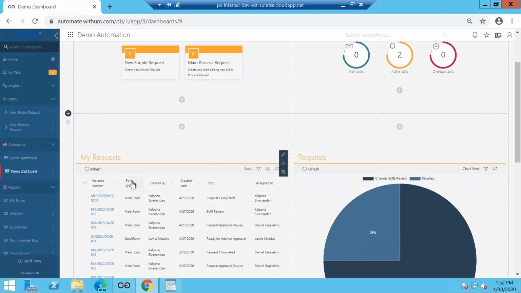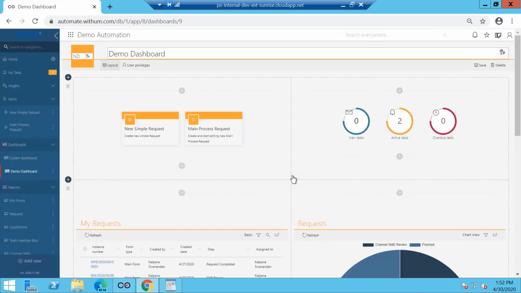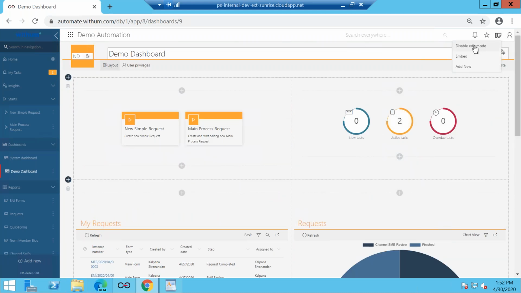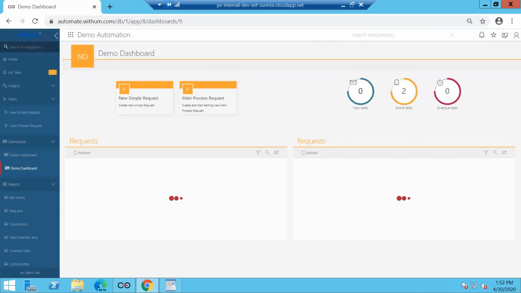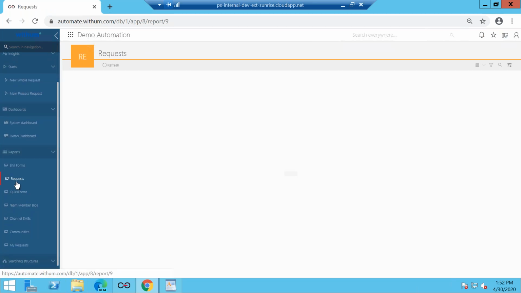These are reports, so your first step will be to create a report, configure a report, then it can be used in the dashboard. We had already created this report, and as you can see, you can also swap by disable. If you have more than one view, you can even give the option to the user to see multiple views of the report. So how do you create a report?